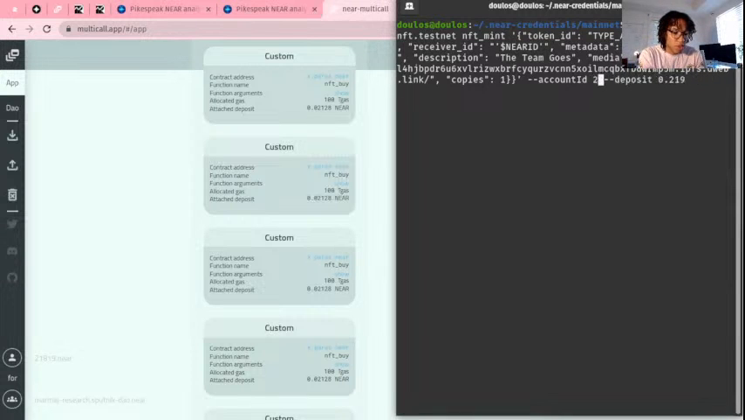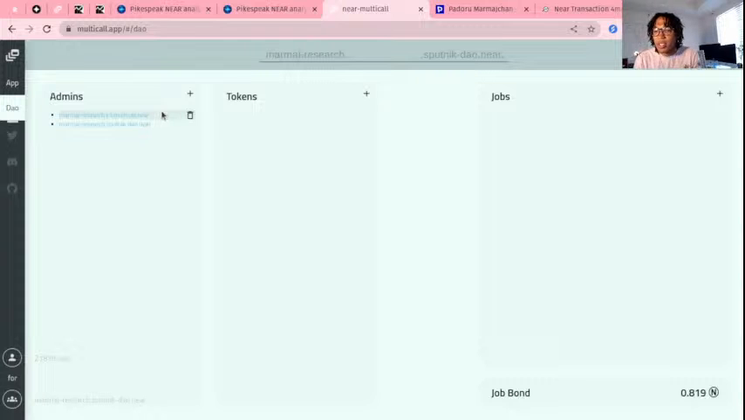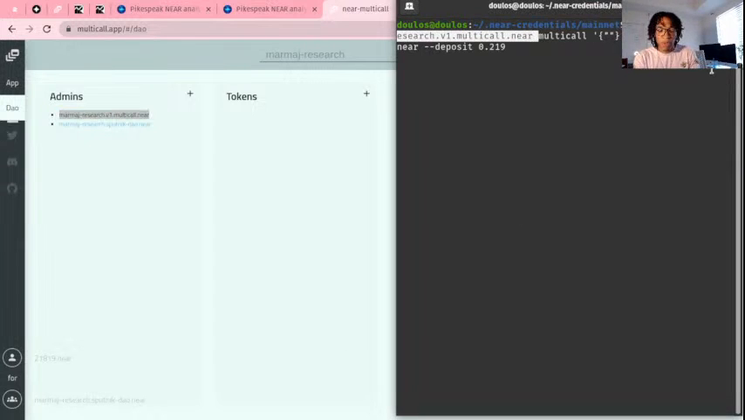Account ID 21819.near might work. And then it seems like this is just all arguments and metadata. So let's delete all of that. Okay. And I guess we'll just have like quotation marks in the middle. And the function is going to be called multi-call. And you're going to be interacting with, what's it called again? This is where, to be honest, this is where I was asking for copy paste. Anyways, marmaj.research.v1.multicall.near. You're trying to interact with that. Okay, so you're trying to interact with near call, the marmaj research v1 multicall contract, call the multicall function,